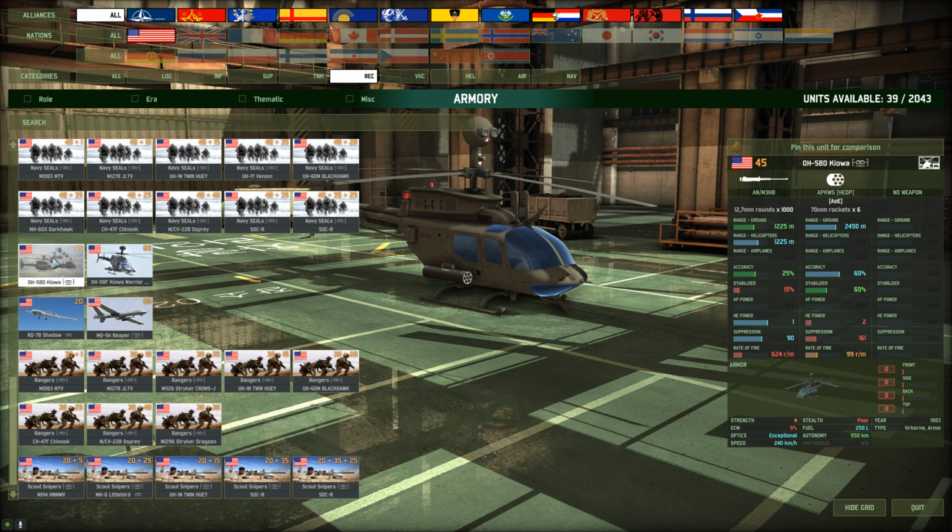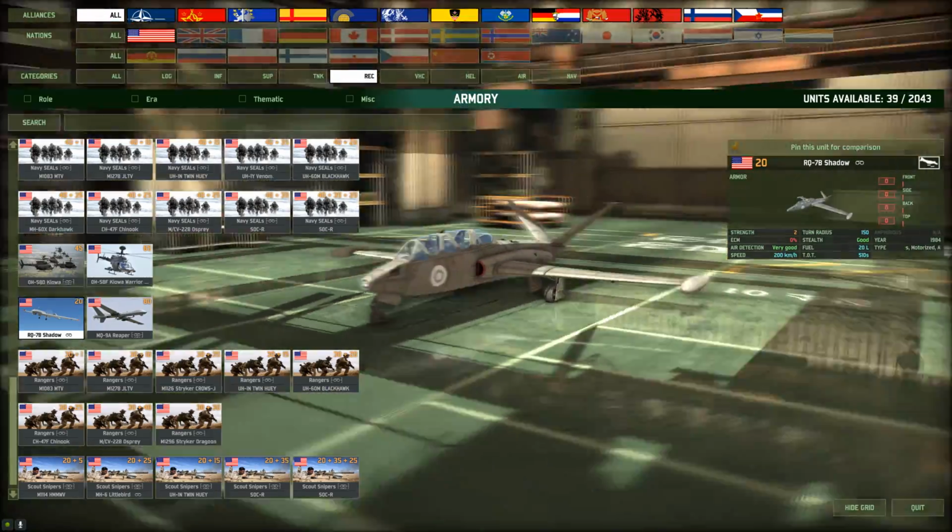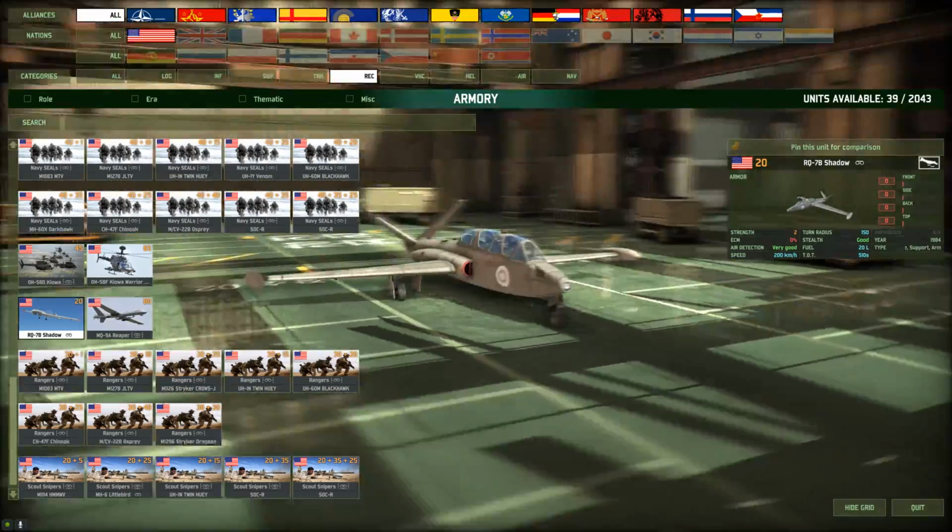So we have the OH-58, the Kiowa, and we also have the Kiowa Warrior. One carries rockets and a 50, the other one carries Hellfire. Both have exceptional optics, but poor stealth. Next up we have drones, and the only model that kind of made sense was this weird vehicle. I think this one drops napalm